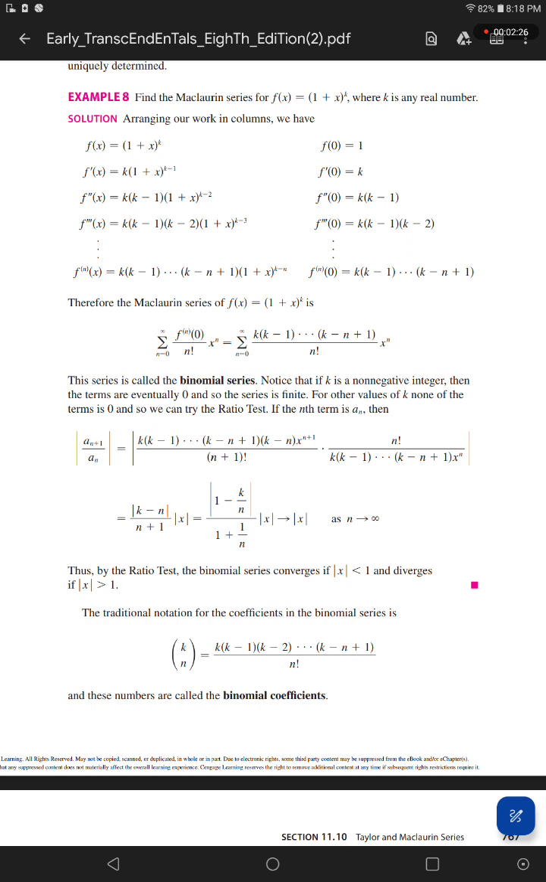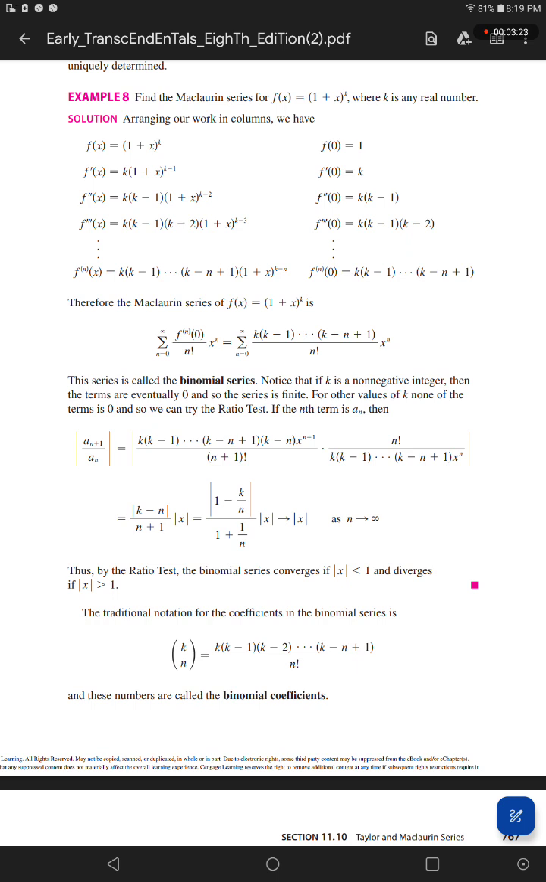Notice that if k is a non-negative integer, the terms are eventually 0, and so the series is finite. For other values of k, none of the terms is 0, and so we can try the ratio test. If the nth term is a_n, then the absolute value of a_(n+1) over a_n equals the absolute value of k(k - 1) ... (k - n + 1)(k - n) x^(n+1) over (n + 1) factorial times n factorial over k(k - 1) ... (k - n + 1) x^n